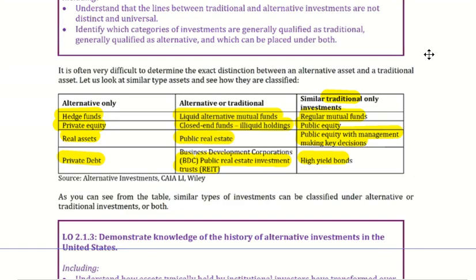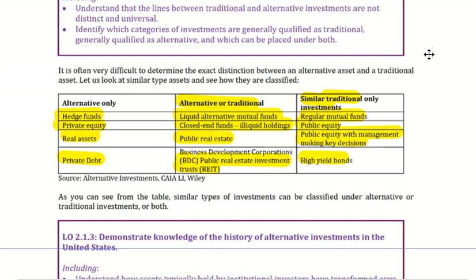Several times they can be alternative or traditional, and sometimes when we make the comparisons, we compare to traditional only. And as you can see from the above table, similar types of investments can go under alternative, or traditional, and sometimes they can go under traditional only, depending on where their investment sits. So you can see there's a nice overlap across different investments, and it's often not correct to look at alternative investments and say there's no link at all between alternative investments and the traditionals.